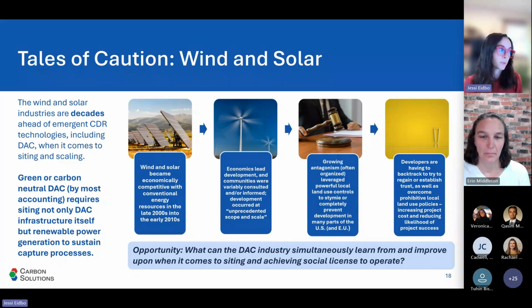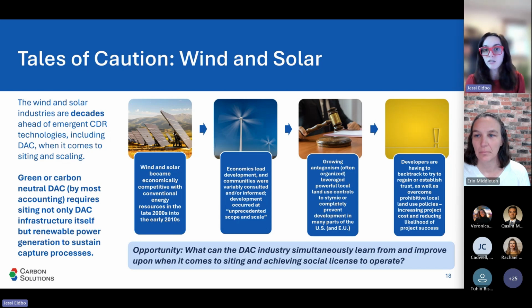I think it's also relevant because we understand that green or carbon neutral DAC, by most accounting, is going to require siting proximal to where you have good renewable energy potential. So the ability to co-locate and site additional infrastructure to support the energy demands of the project is not going to be irrelevant. If we travel back in time, looking at the early 2000s and early 2010s,